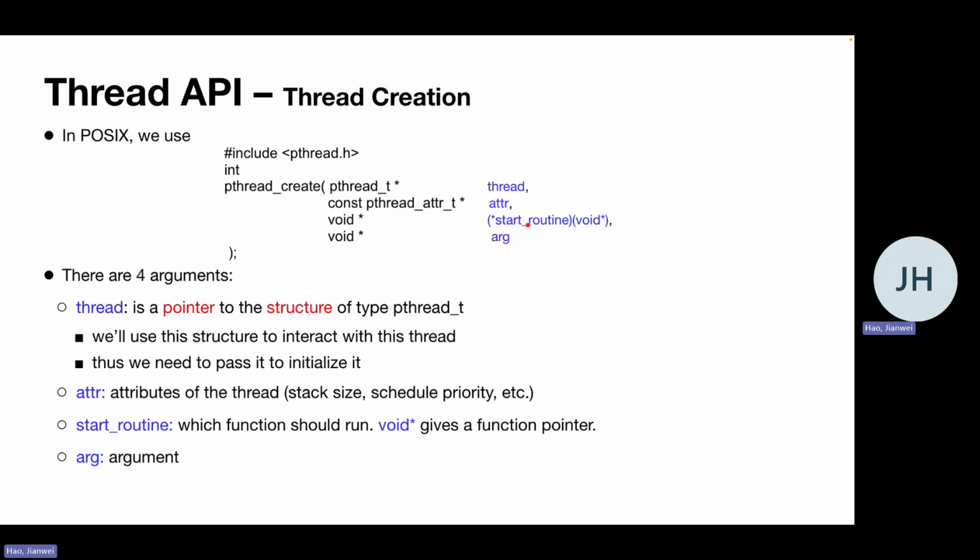And the start routine, it's a function the thread should run. And for the void star, it'll give the function pointer. And the arguments,